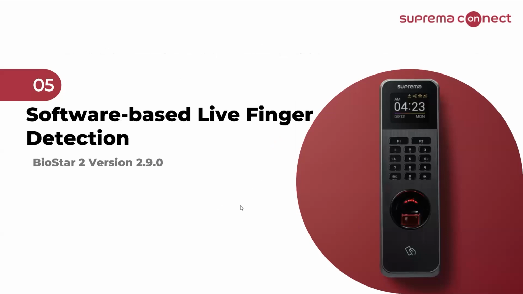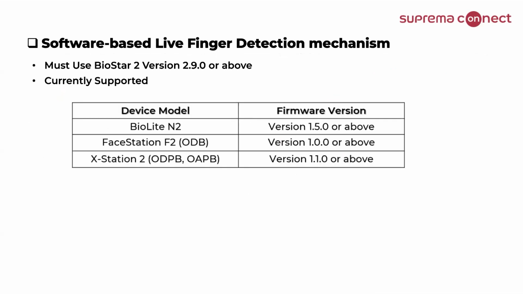Software-based live finger detection. This is for live finger detection, as in, will our device be able to tell if this is a real human fingerprint being used on this device, or some silicone-based or rubber-based or anything man-made to get access. Now, the software-based live finger detection mechanism must use BioStar 2 version 2.9.0 or above. Currently, the supported device models are BioLite N2 with firmware version 1.5.0 or above,